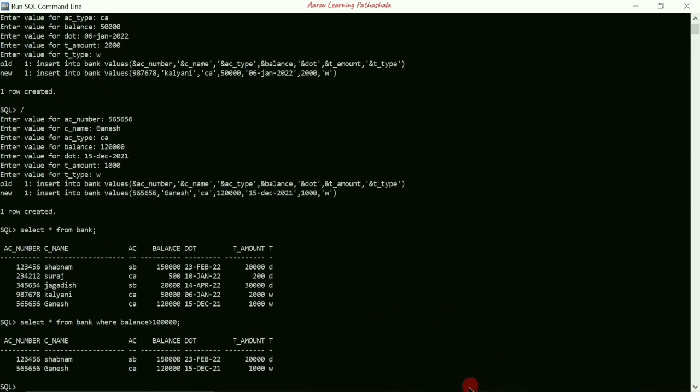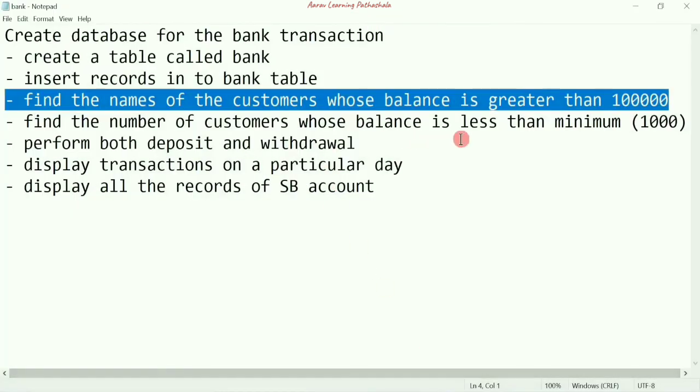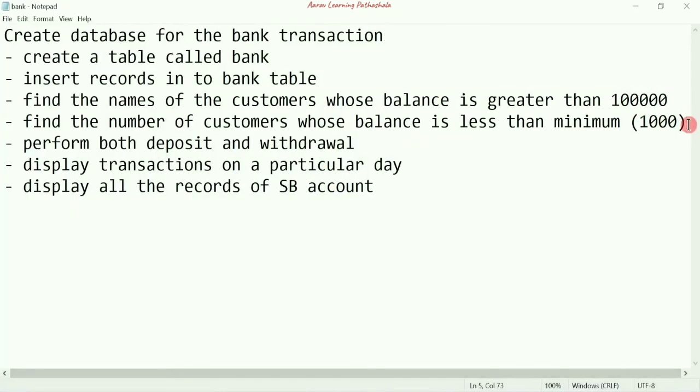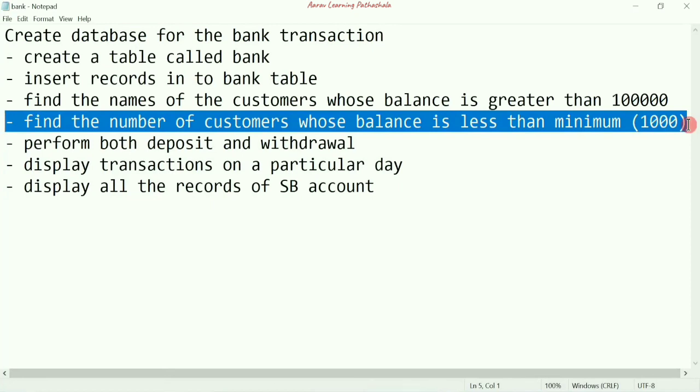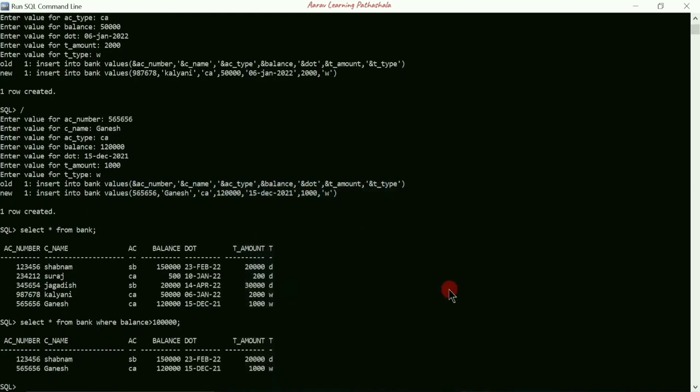Okay. So after performing this query, so what next query do we have? So we have got the query called find the number of customers whose balance is less than minimum. Minimum, that is 1000 rupees. Okay, so here I'm going to write select all from, otherwise we can count. Okay, so I'll write here bank